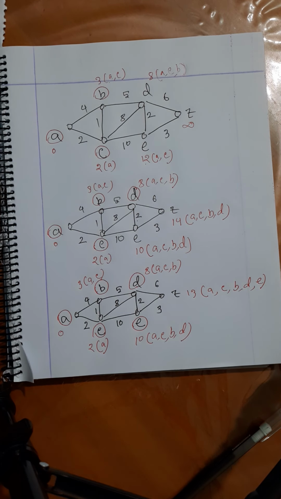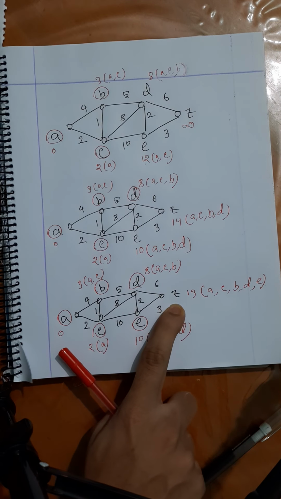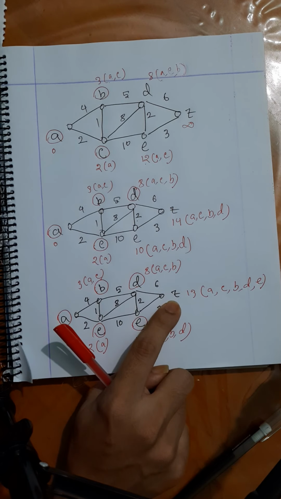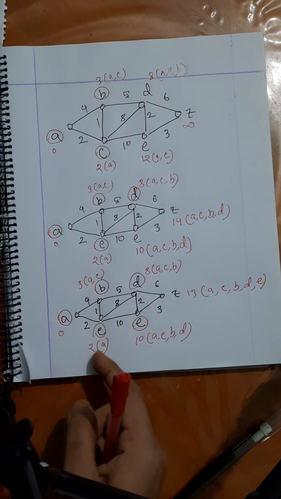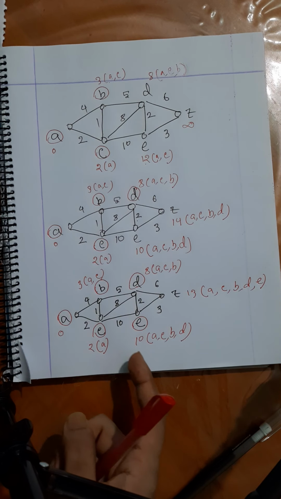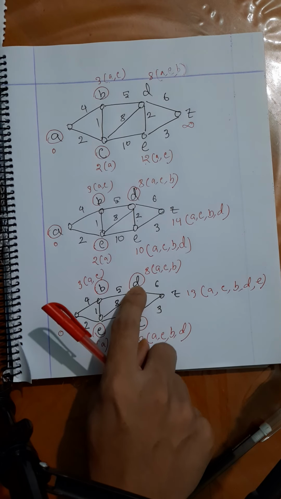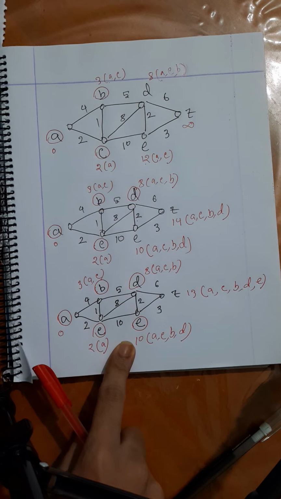So we are done. The only unselected node is now Z, and in the next step we are going to select Z, and from Z we cannot go to any other nodes. So we are done here. Now the distance value represents the shortest path from the source. Every distance value on every node represents the shortest path from A here.